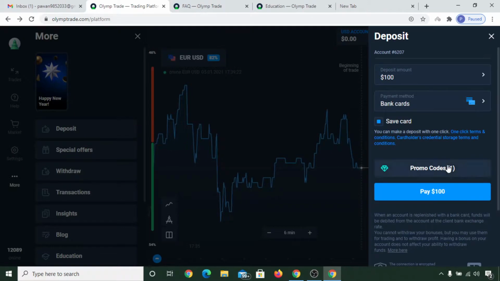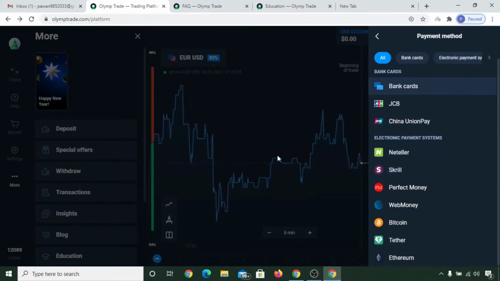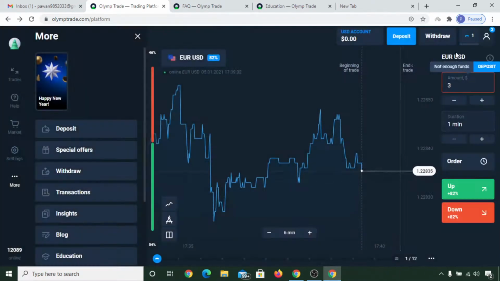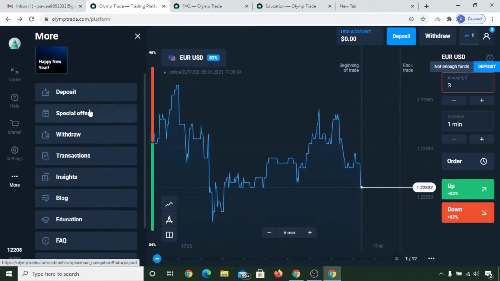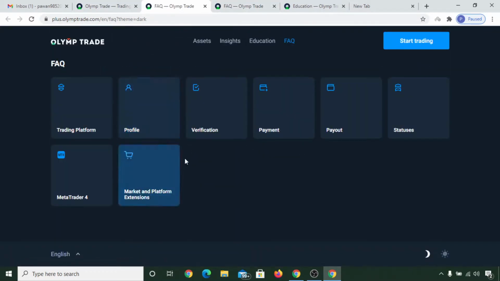So let's see. Okay, here is the payment method that you can select. If you get confused regarding anything, then you can simply go to FAQ and see those questions that you are confused about.